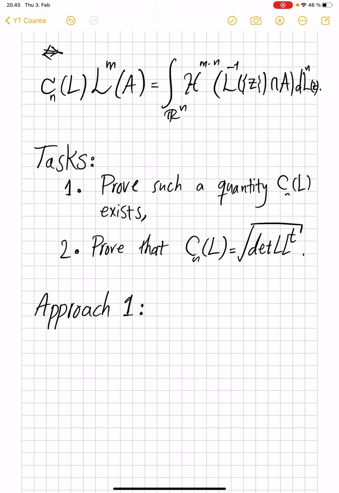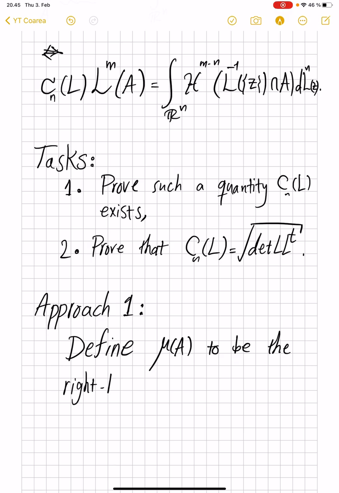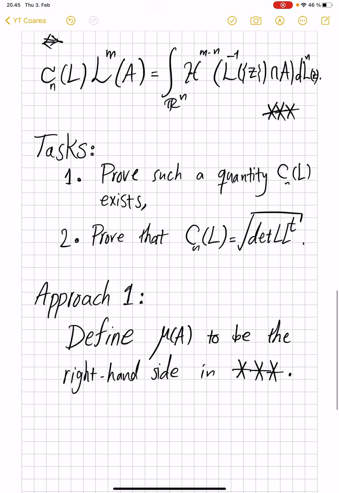So approach 1 is quite an interesting one, and what you do is define mu of A to be the right hand side in, so I think at this point I have 3 stars. Okay, so take that integral of the measure of fibers to be the definition of mu of A. For every measurable A, this is some number, and then prove that